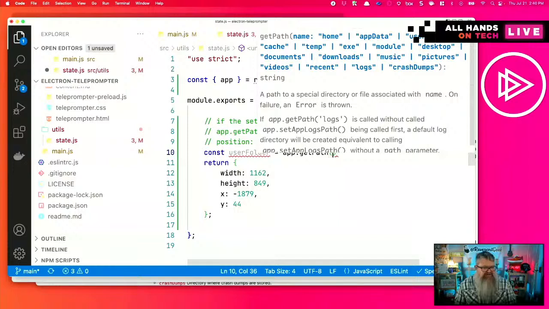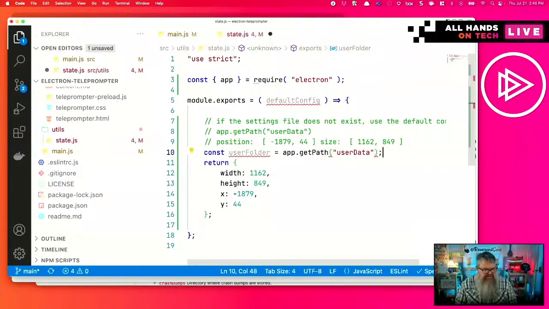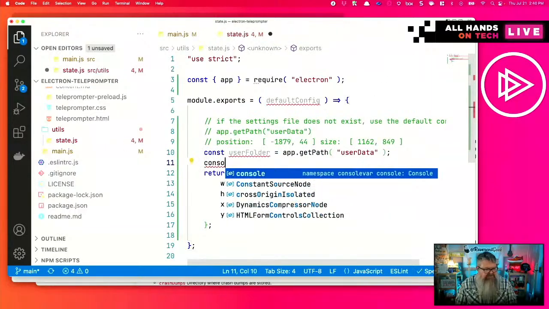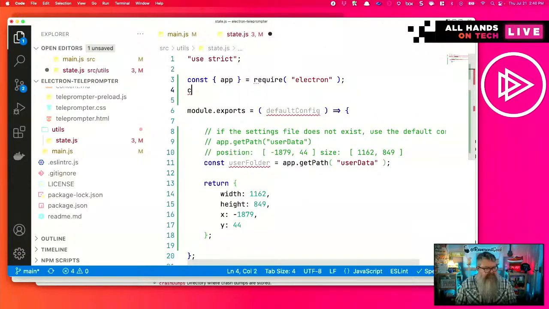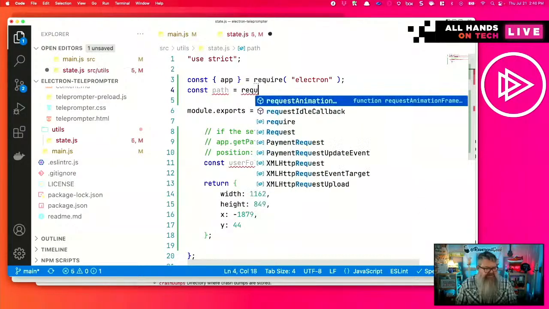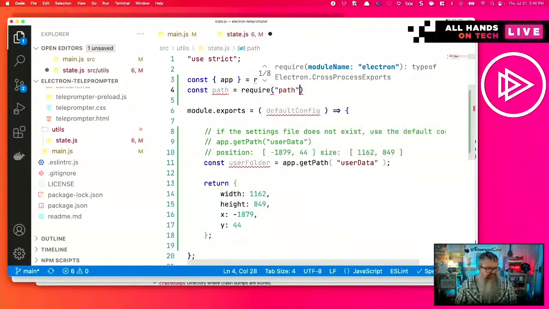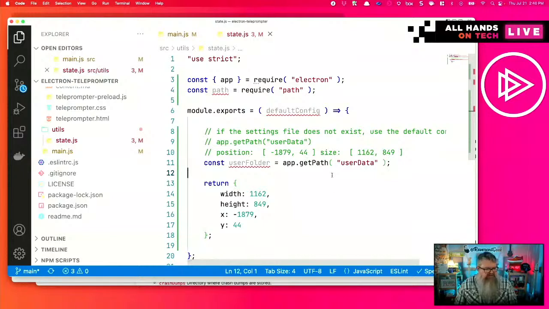So here are some of the options that are available, and user data is what we want. So it's great that it can show us that. So just out of curiosity, well, I'm going to use another built-in library for Node.js called Path. I'm going to require that in,